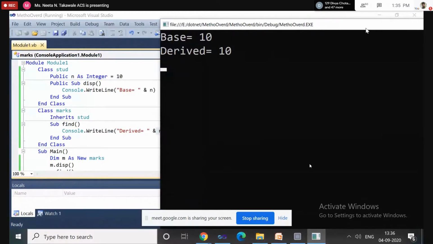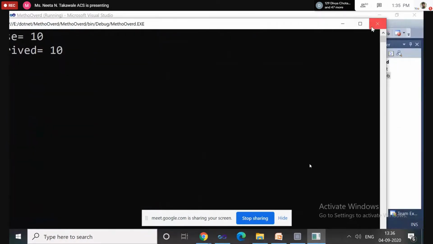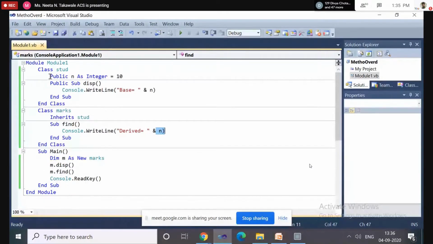So what it means is that for a variable declared using the public access specifier, the methods of the base class can access it, and the methods of the derived class can access it.